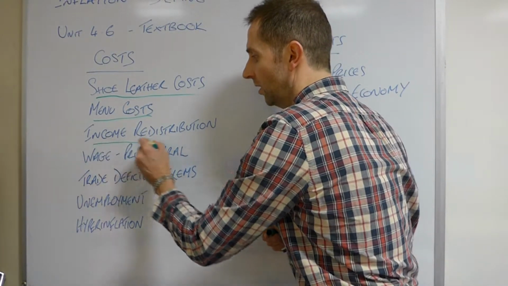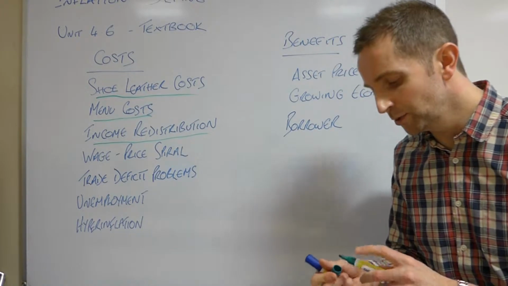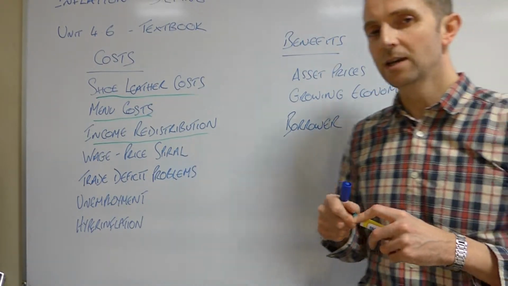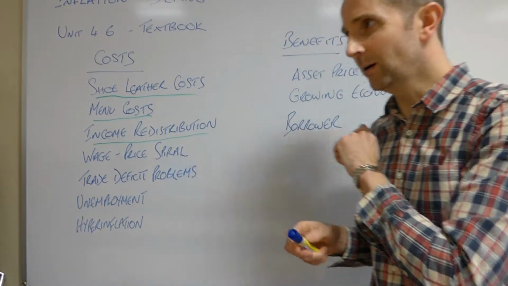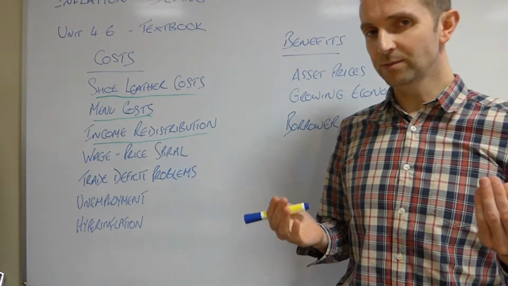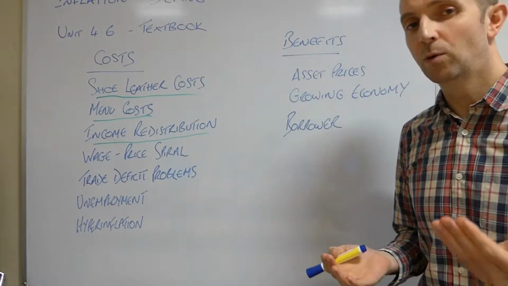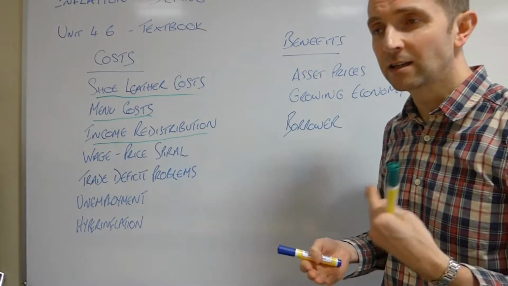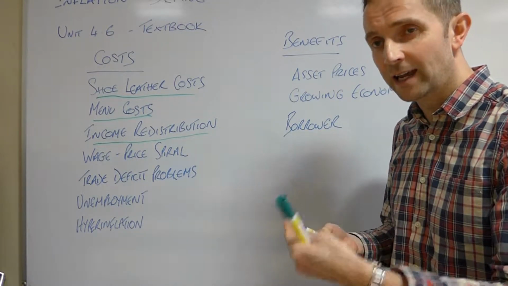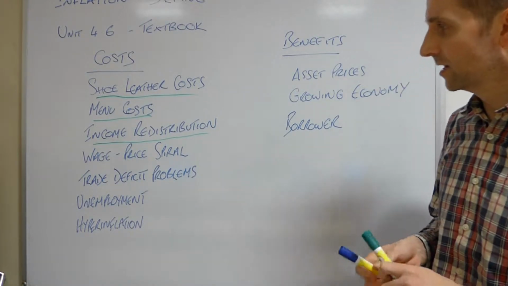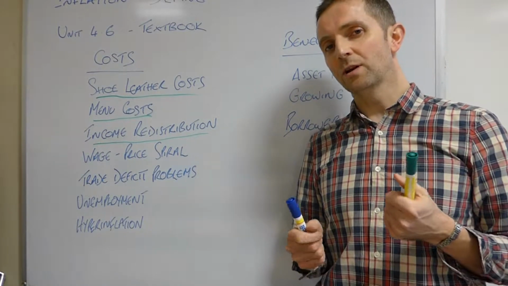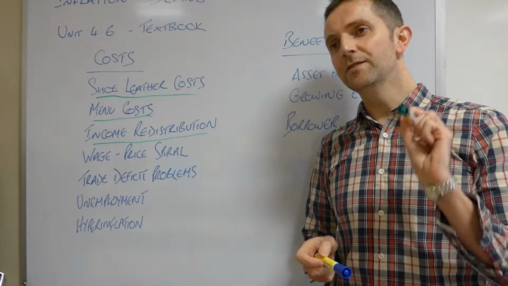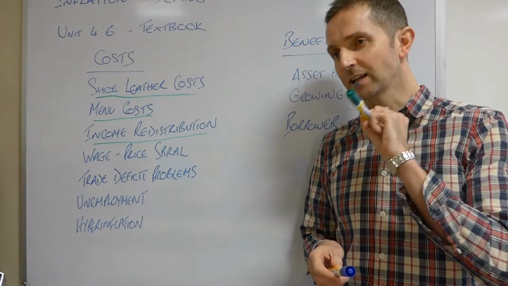Thirdly, how does inflation redistribute incomes? Well, if you are a saver, and let's say you're getting 2% on your savings, well, obviously if inflation is running at 5%, you will be getting worse off day after day after day. So think of pensioners nowadays. What do pensioners live off? They live off their savings.